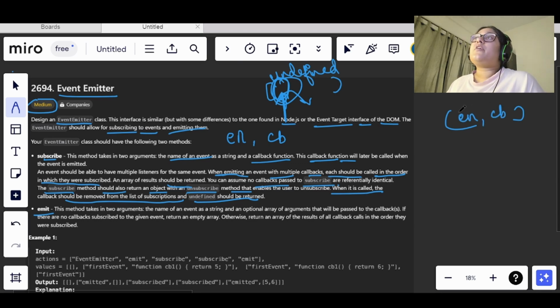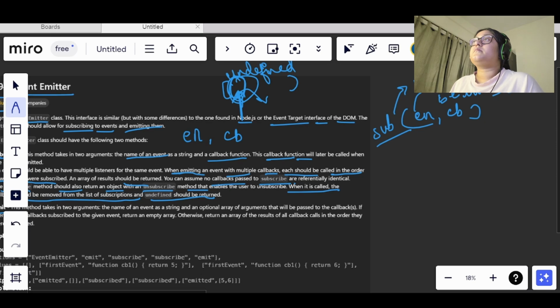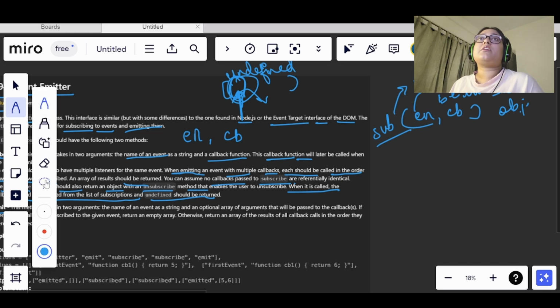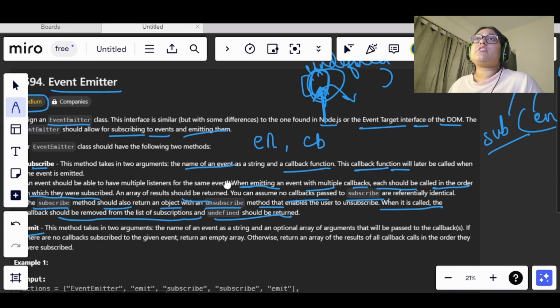However many times subscribe is called, the multiple callbacks will be called in the same order as the subscribe function was called.